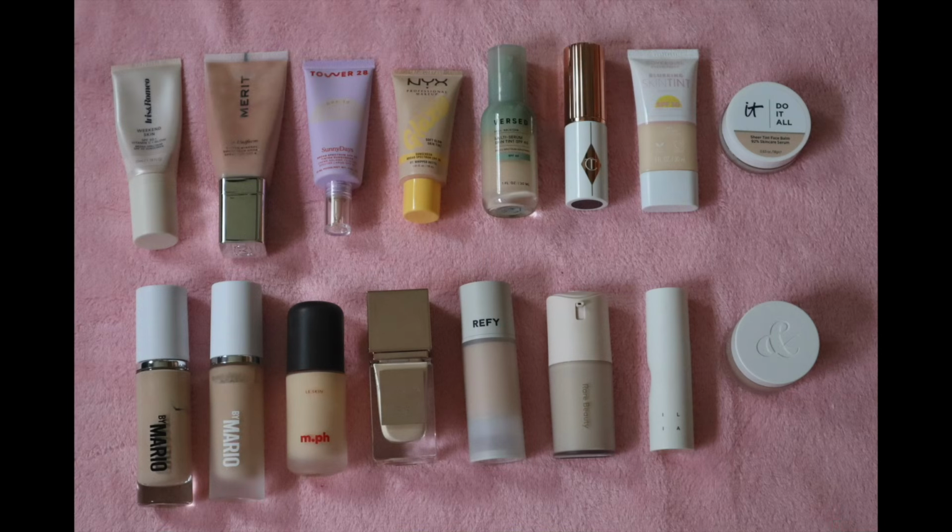Okay, next up is skin tints and foundations. I am just putting them all in one category instead of dividing them out. So I have 16 of these in total, and honestly, this is probably a part of my collection that I can see remaining around this size. If I can keep it 20 or less, I feel like I'm probably pretty satisfied with this